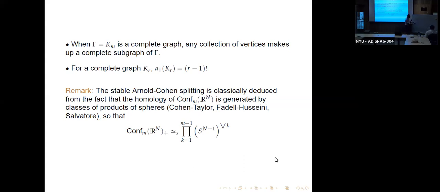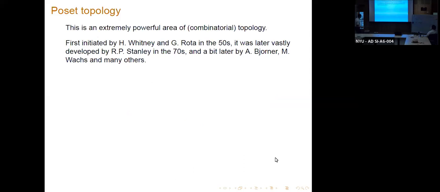Okay, so here, if you are in Rn, you get a map like this in the configuration space. Here you have 3 points. All right, and all the homology of this is generated by maps of tori like this. Okay, and so when you suspend, you get everything you want, just because of that property. This is not what we can use, but this is what is used in the